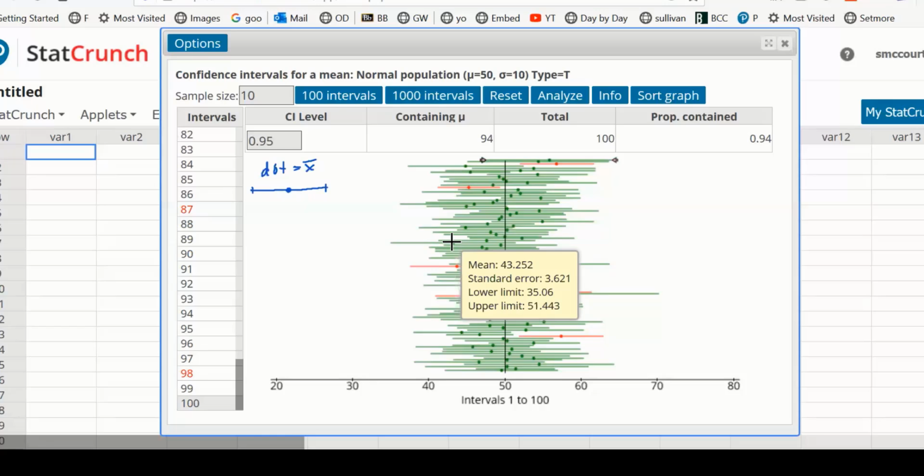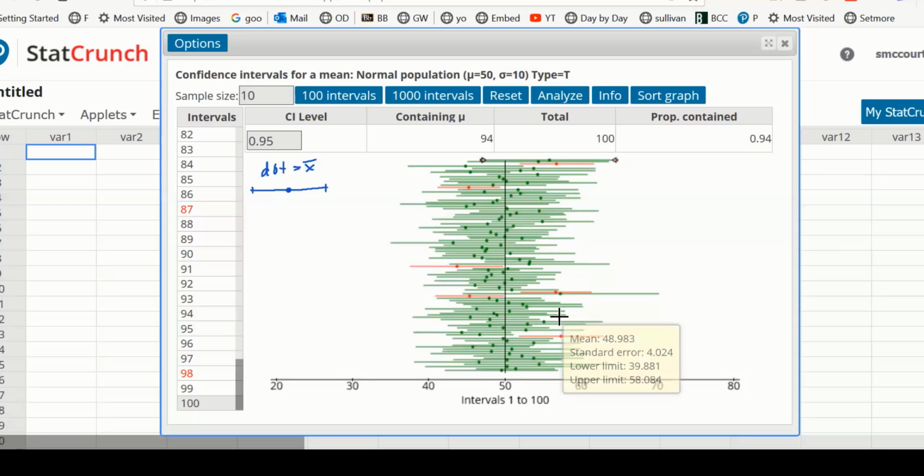Some are from higher sample averages, some are from lower, okay? In this population, that line here is for the actual mean of the population, which is 50. So that's our mu in this population. And they've set it with a sigma of 10. So if you notice, some of these confidence intervals are going to overlap that 50, which means 50 is in